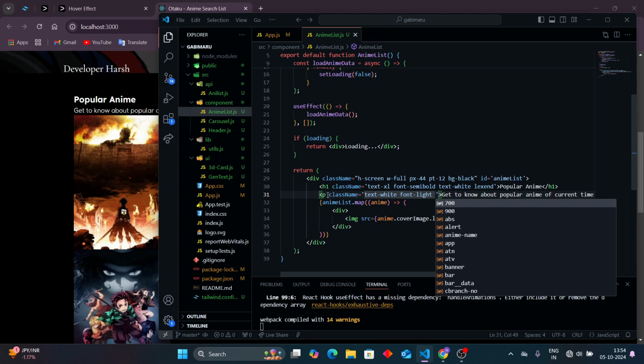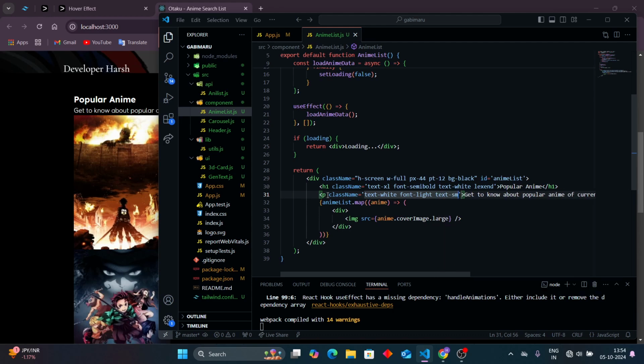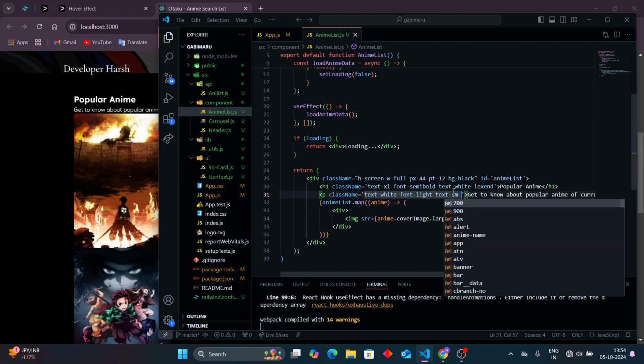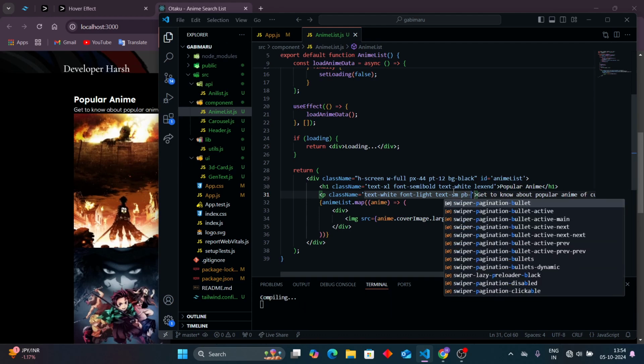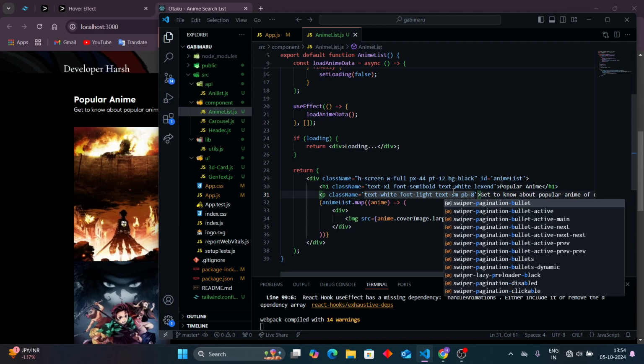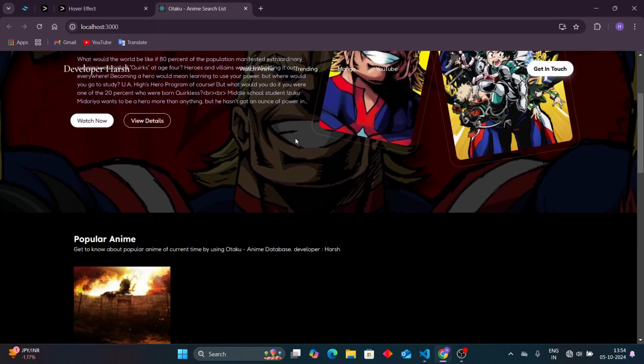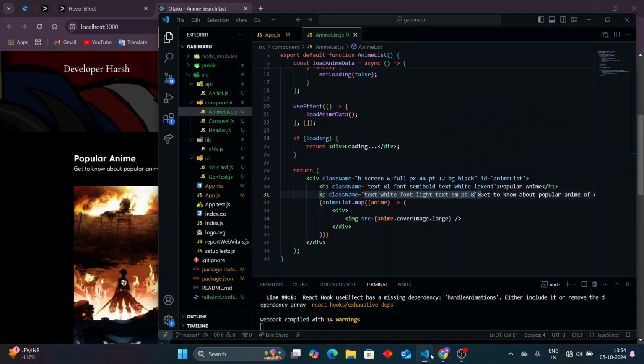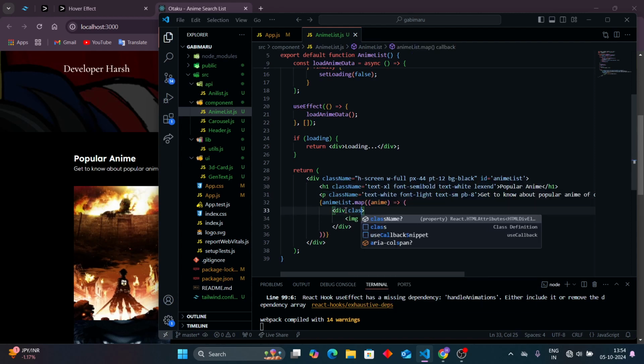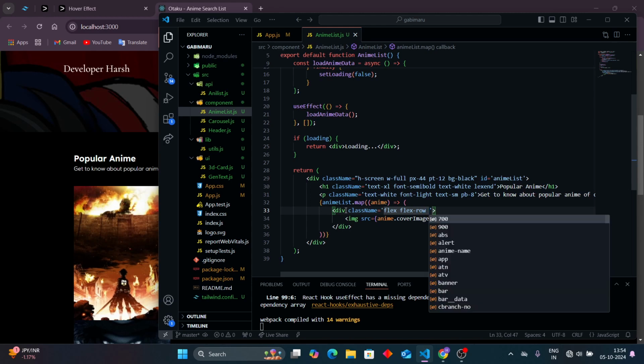And as for the size, text SM, okay, and padding bottom to 8, okay. And as here, class name, flex, flex row, and